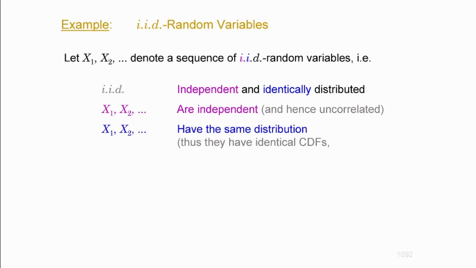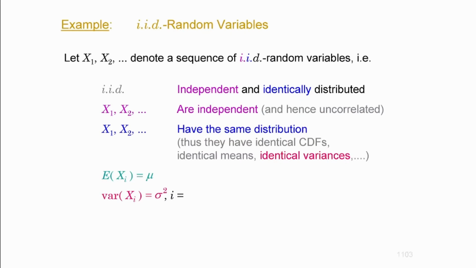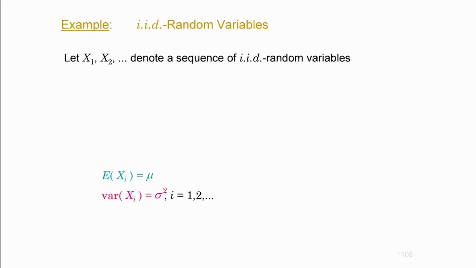Thus, they have identical cumulative distribution functions with identical means, identical variances, and so on. We talked about that in detail. Now, this is not a sequence that will converge to anything new, because they have the same distributions. I mean, they do converge, but they are the same. Now, let's say their expectations are mu, respectively, and their variances are equal to sigma squared. Again, please do not associate this with the normal distribution. I know that a lot of times with the normal distribution this parameter is called mu and that parameter is sigma, but that's not the point.